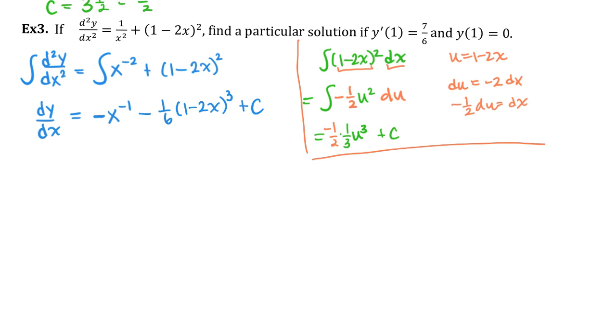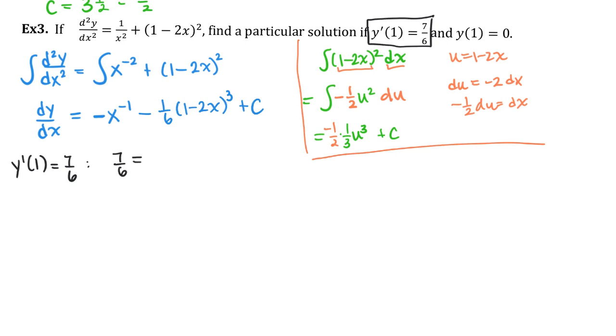Okay, now let's look at the information they have given me. What did they give me? They told me that in terms of the derivative, y prime of 1 is 7/6. Since I have the equation for the derivative, let's use that to find our first constant. So y prime of 1 is 7/6, which means the derivative at x equals 1 is 7/6. So this is saying that 7/6 is equal to